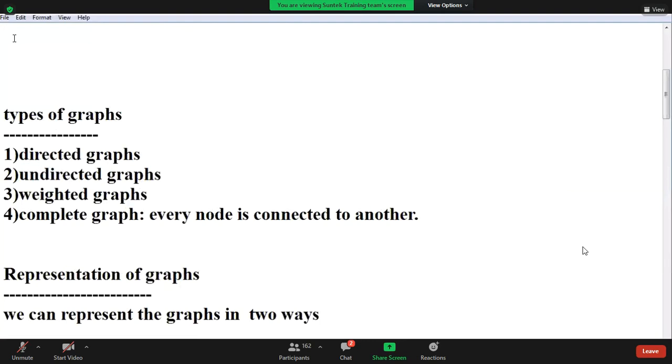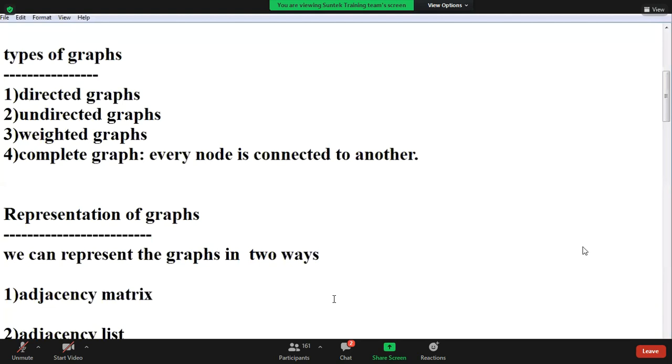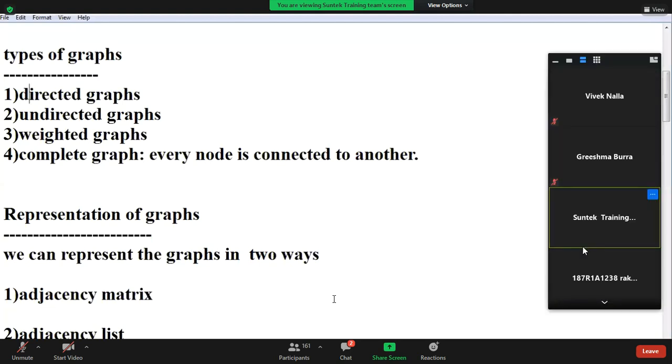Yeah, right, guys. Types of graphs. Directed graphs, undirected graphs, weighted graphs, complete graphs.